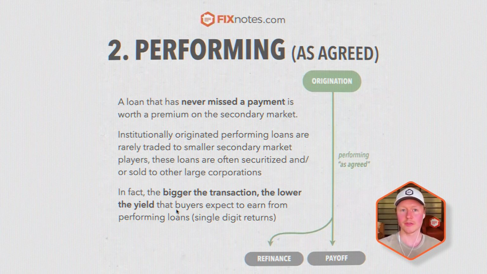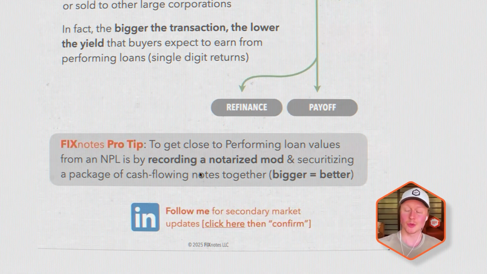These deals are often less valuable, as you'd expect, I suppose, priced less aggressively because of the fact that they're more safe. The bigger the trade, the more institutional players are interested, and the cheaper cost of capital means they can pay far less than we expect. These are going to trade in the single digits versus reperforming loans in the 10, 12, 15% cash on cash returns. And the pro tip here, if you want to make your reperforming loans more valuable, you can use a